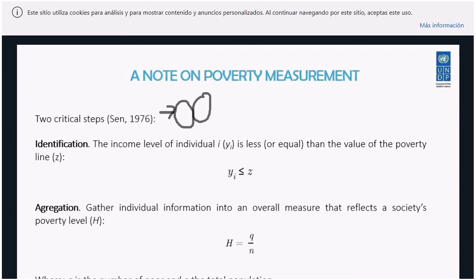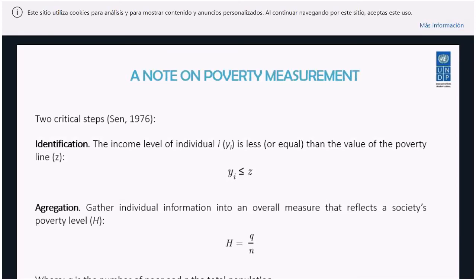As you can see, I think I consumed, I don't know, 20 minutes in explaining this, which is very, very basic, which is quite obvious. We all know about this, but I just spent 20 minutes talking about the poverty line. So I think it is very important to discuss more about poverty measurement, because it's a very important issue. Okay, so this is for the identification part.